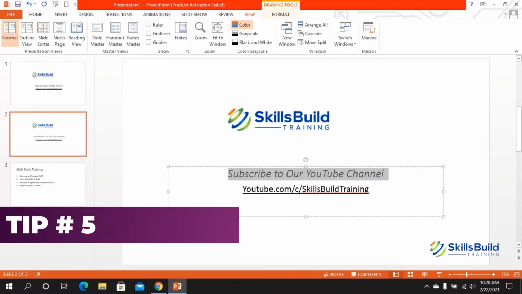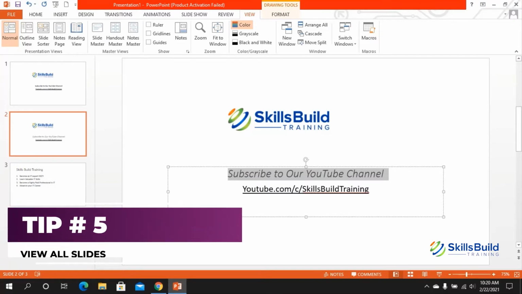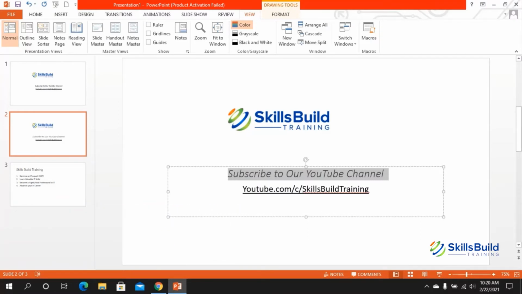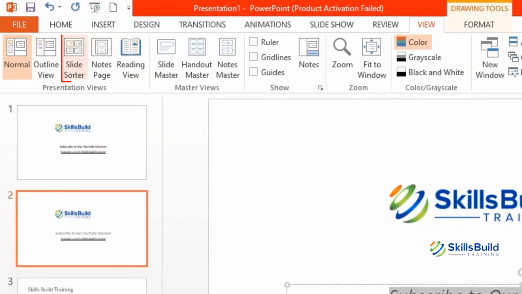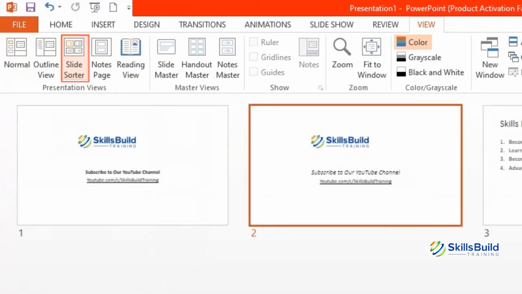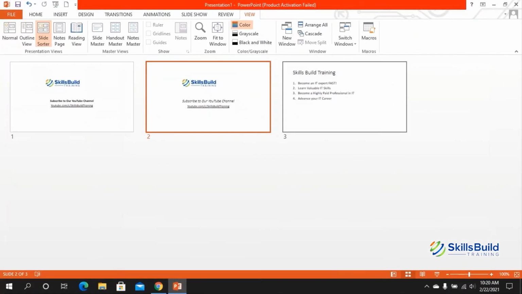Tip number 5. If you want to see all your slides in front of you, all you have to do is go to View and then click on the slide sorter. So when you click on that, you'll be able to see all your slides in front of you. Right now, we only have 3 slides, but when you have 10 slides, you'll be able to see all of them right in front of you at once,